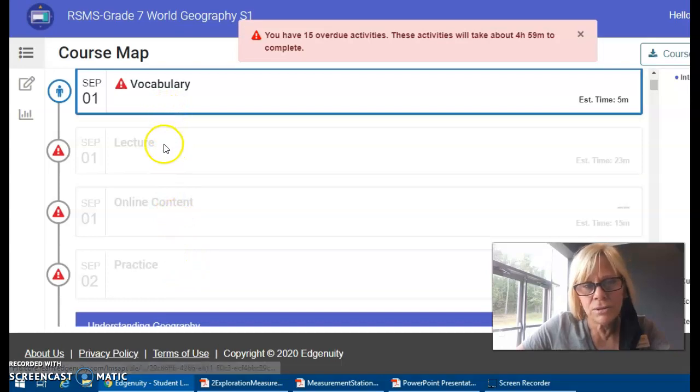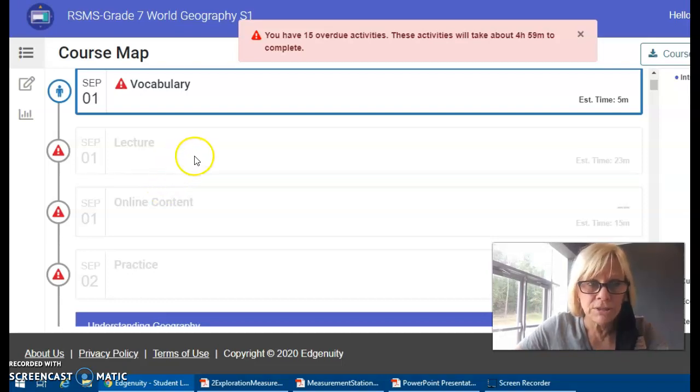There is actually no assignment that's ever going to be considered quote unquote late, but this agenda you do want to pay attention to because it does help keep you on pace. If you get too far behind in a class, that just means you are going to have to work extra hard to get caught up.